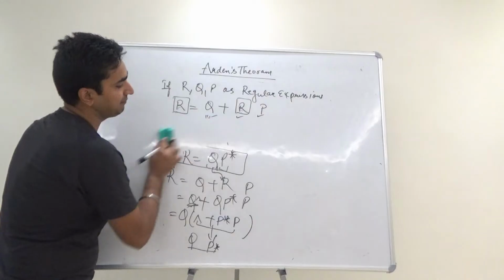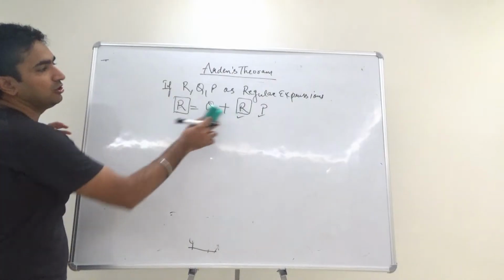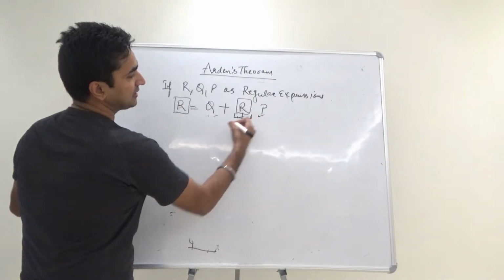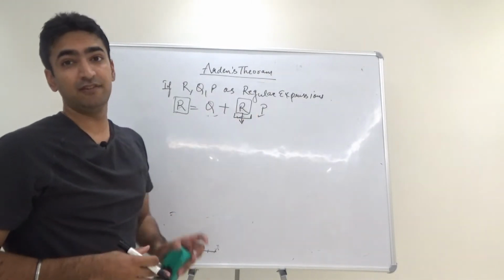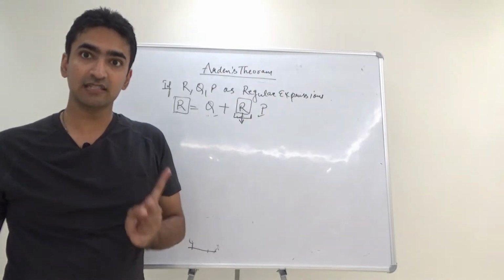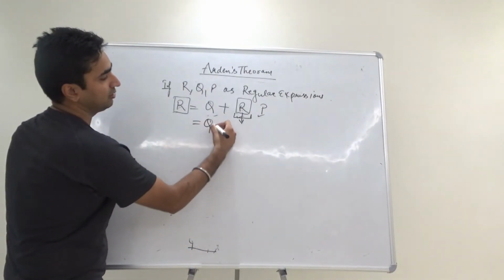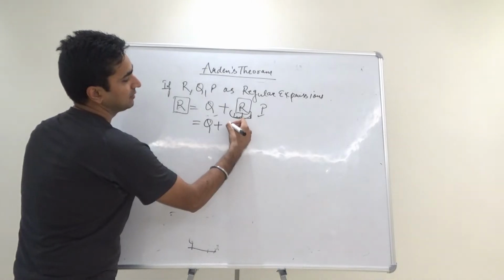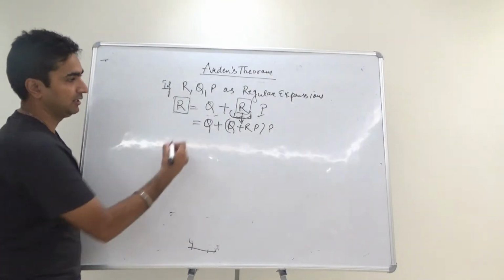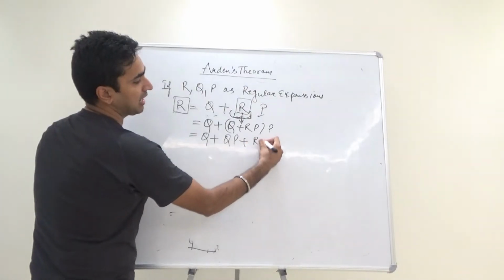How can this be proven? The equation is R is equal to Q plus RP. It means that is the value of R. So I am putting the value of R within itself. This is a recursive call, by the way. Every recursive call should have a terminating condition, but over here I am putting the value of R, R is equal to Q plus RP, in this particular R. So I am putting R's value as Q plus RP. If I put this value, we will get Q plus QP plus RPP.